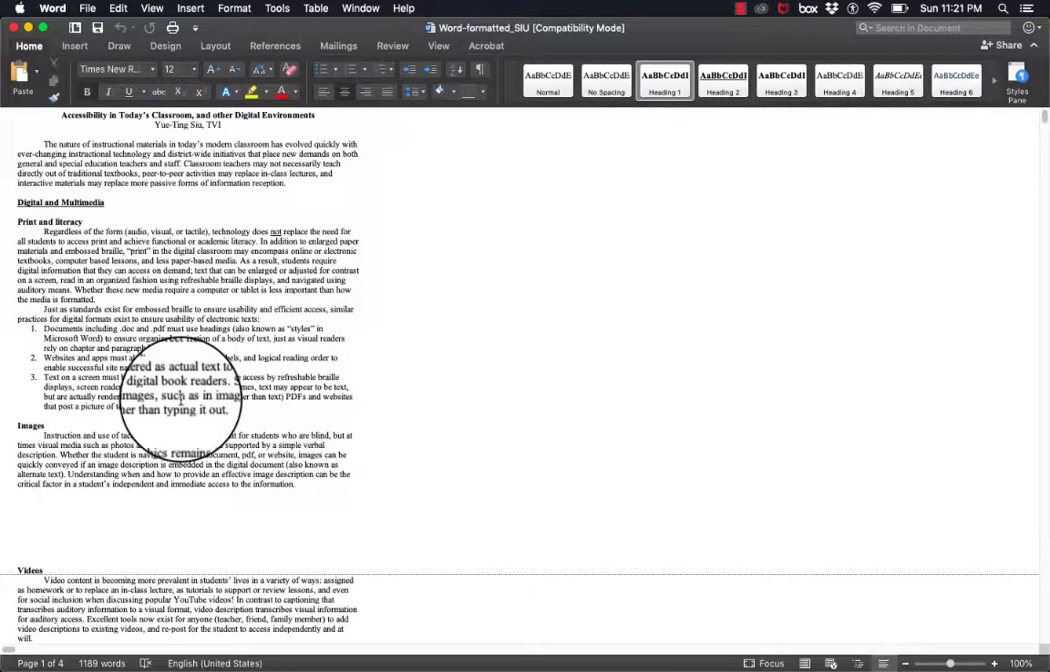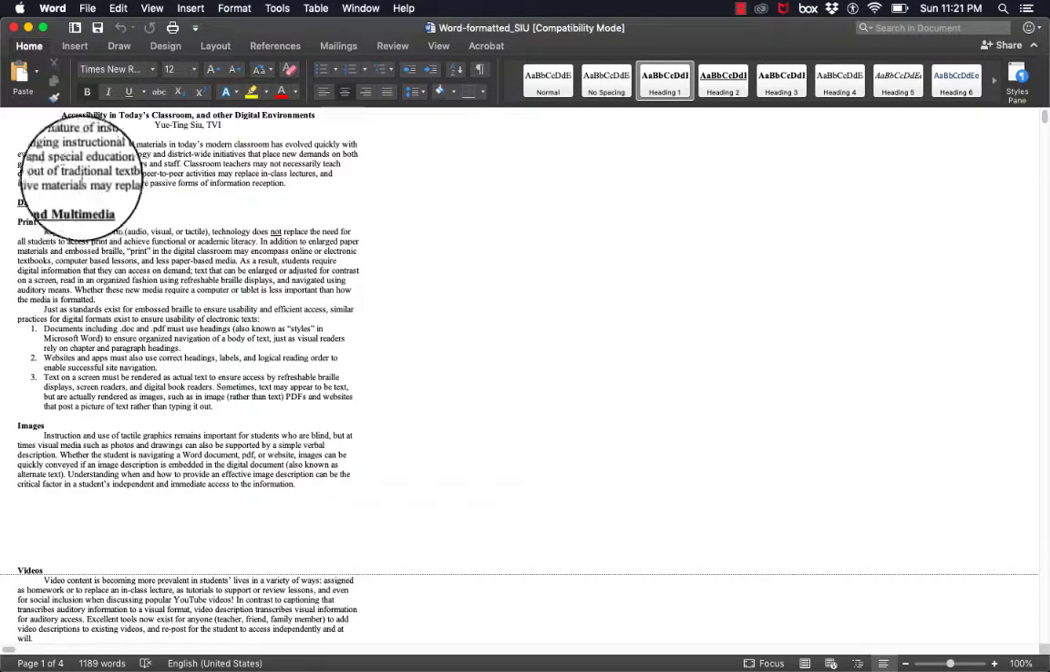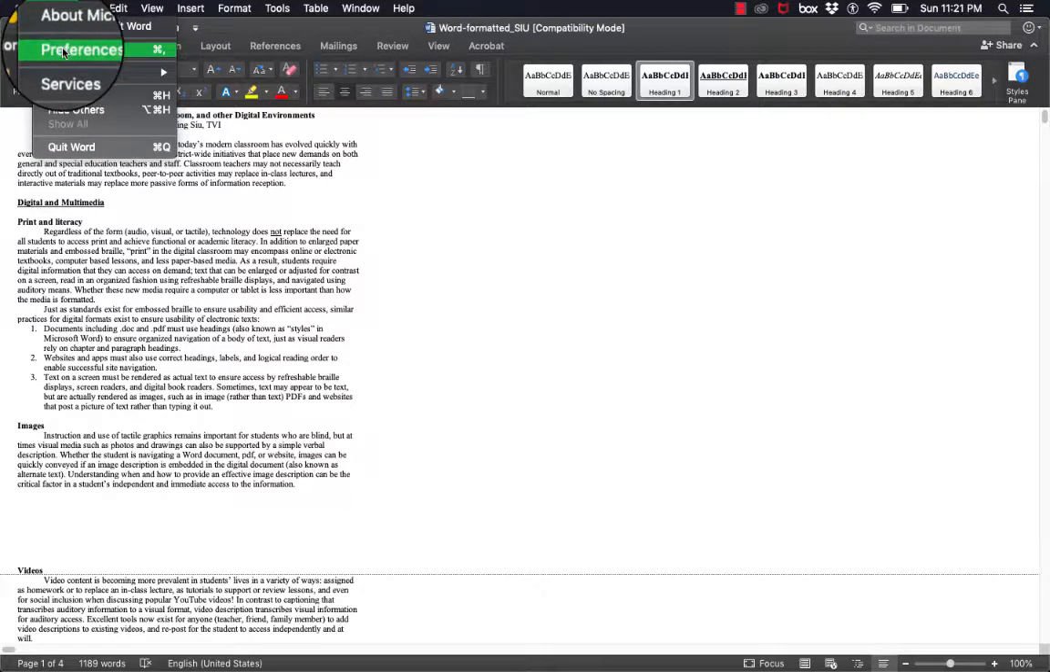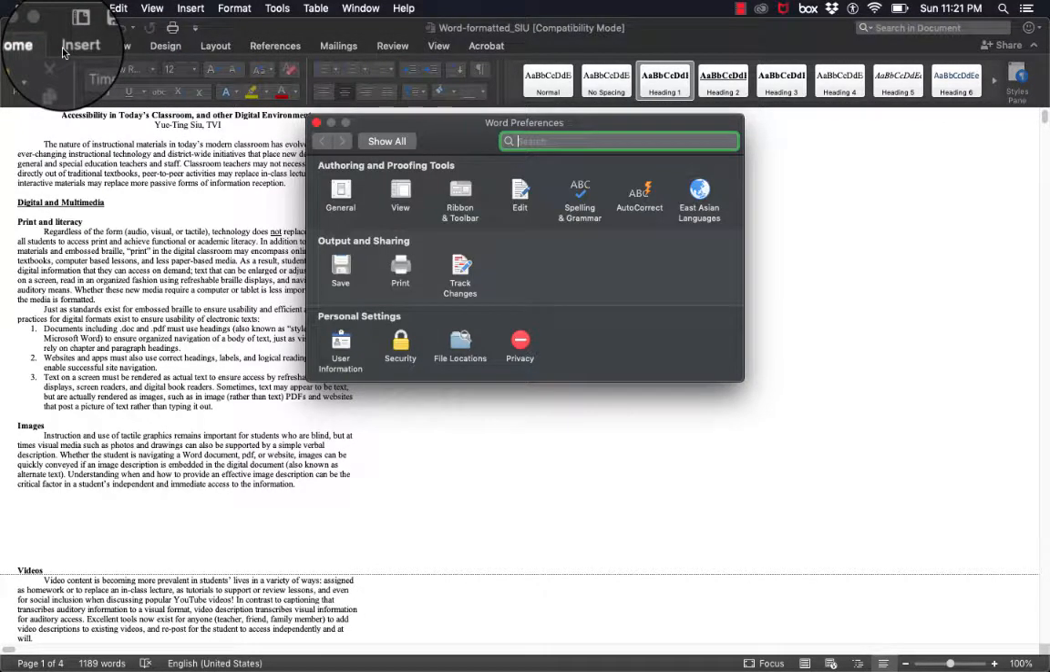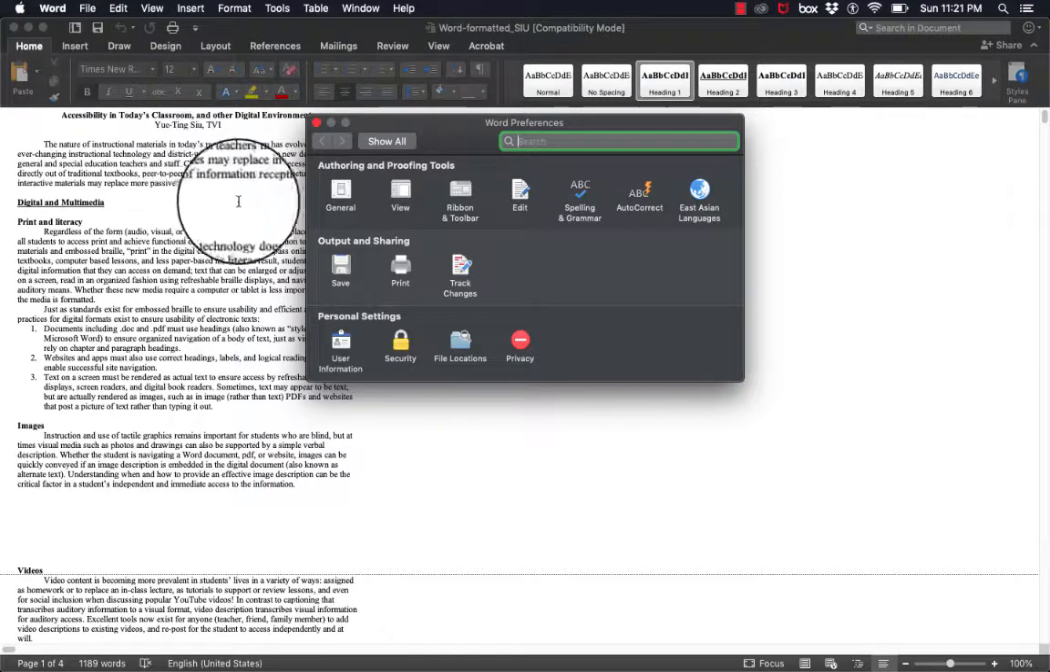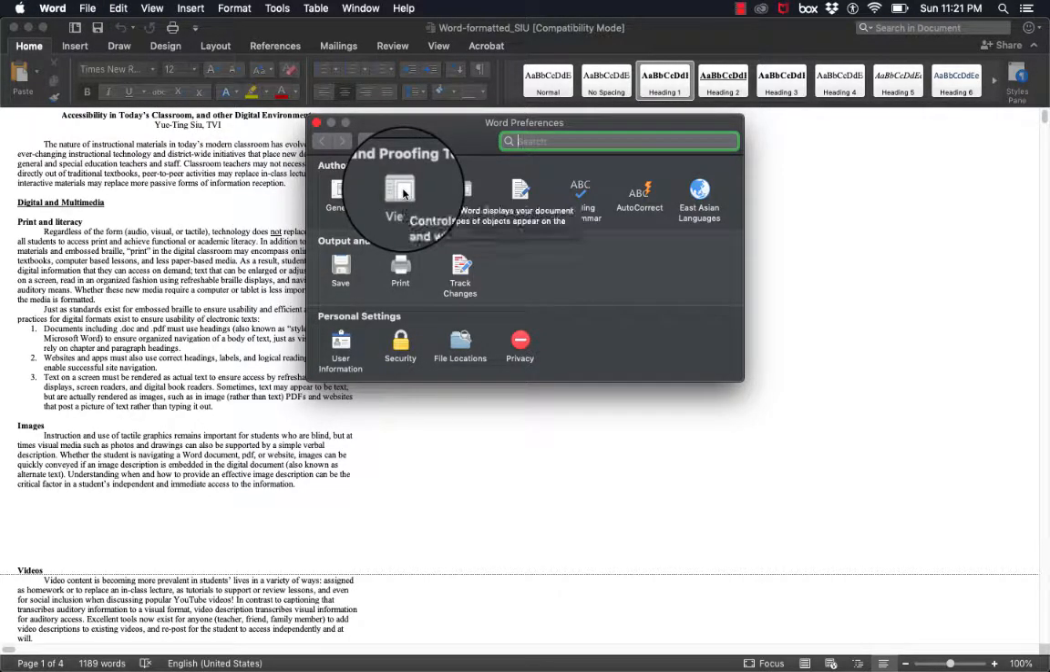So first, if this is your first time setting up your Microsoft Word in order to do an accessibility check, you might have to adjust the view first. So how do we do that? I'm going to go up to my Word menu. I'm going to click on Preferences. And in my Word Preferences menu, I'm going to go to View, and this is under the section Authoring and Proofing Tools. So I click on View,